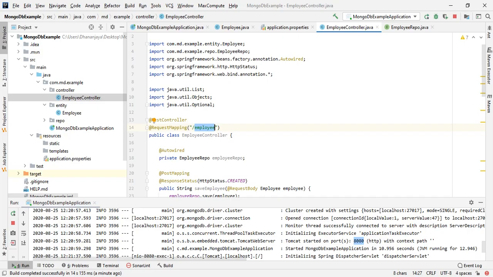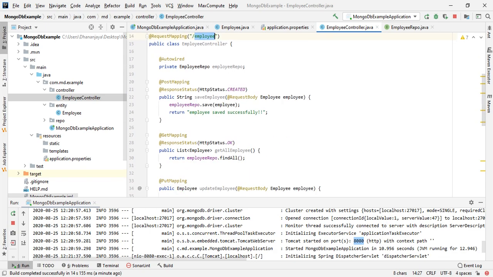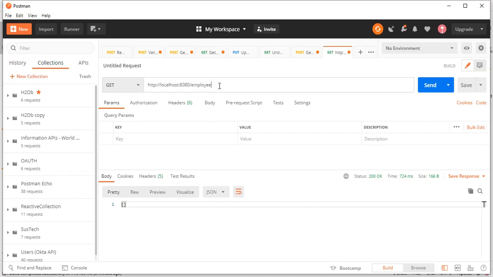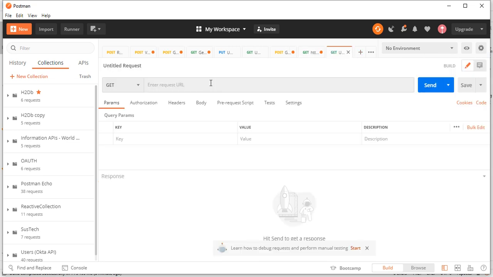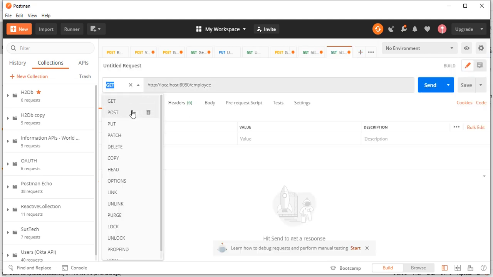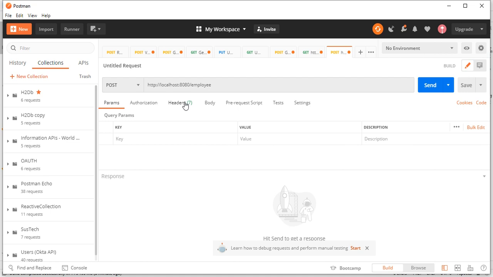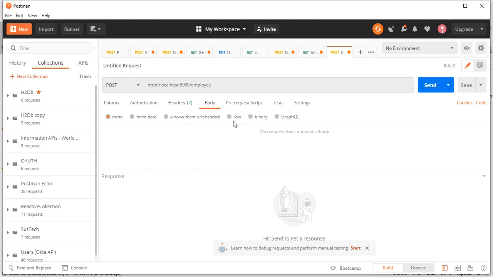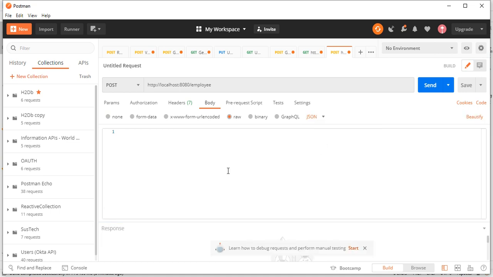Let's go to Postman and create one employee. Let's select the raw type and JSON message format. Let's create a JSON here.